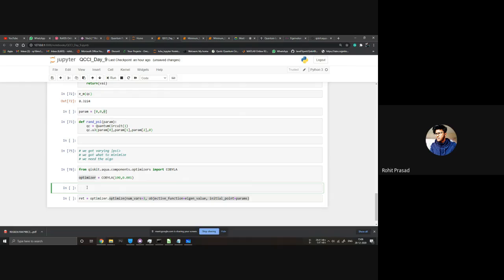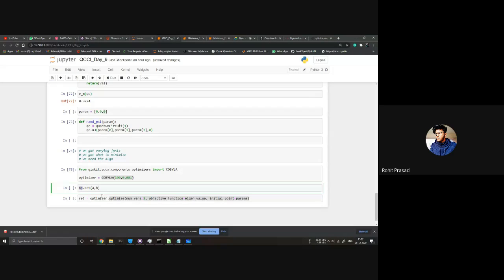Say for taking a dot product, we say np.dot(a, b). This is how we take a dot product in NumPy, right? So it's something like that only.